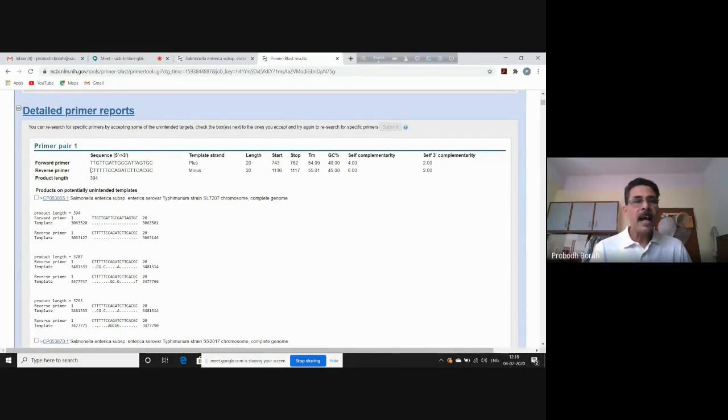Similarly, for runs, you see there are 5 T, but as I said, this kind of single nucleotide repeat should not be allowed more than 4. But this is having 5. So the reverse primer does not seem to be a very good primer because it does not have all the ideal properties. But the forward primer is okay. The dinucleotide repeat is not there in both the primers. So the forward primer in primer pair 1 is okay, but the reverse primer is having some difficulties. For the time being, let us keep aside this primer pair. We go to the second pair. Let us see if it is having more ideal properties.